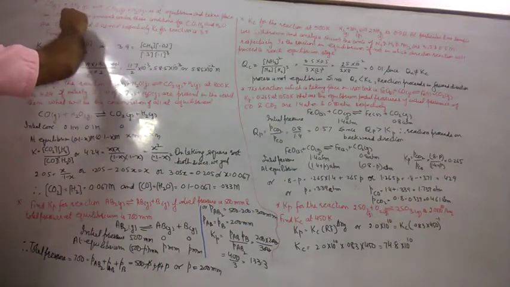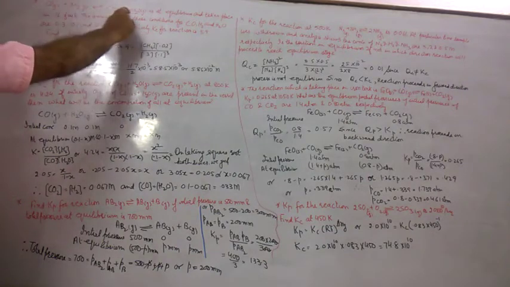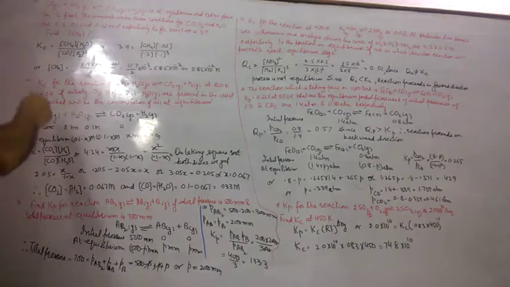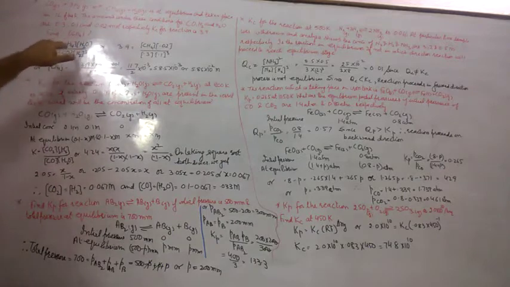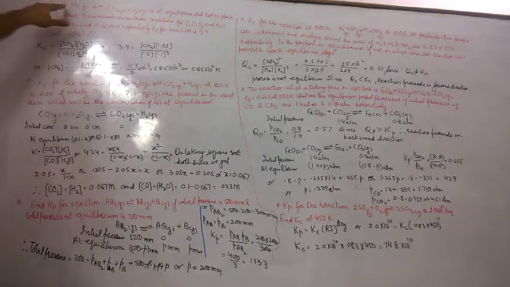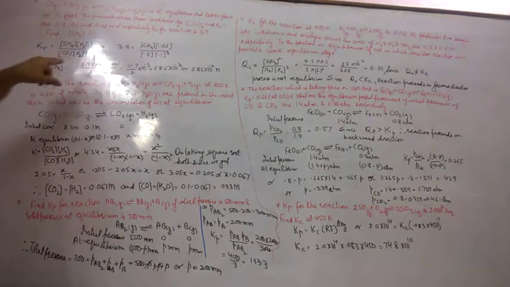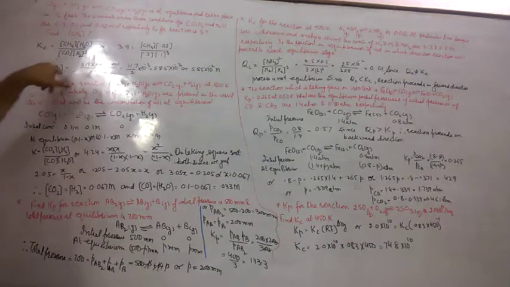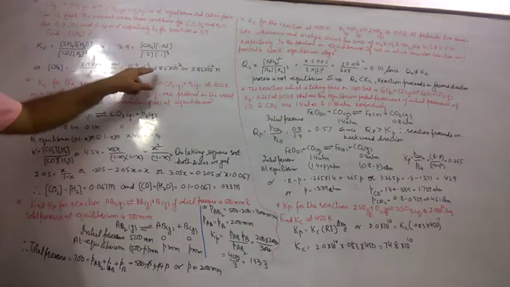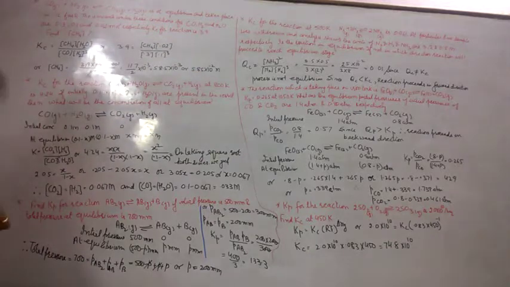You are provided with the concentrations of CO, H2 and H2O, and you have to find out CH4. We will simply apply the formula: Kc is the product of concentrations of products to the product of concentrations of reactants, raised to the power of their respective coefficients in the equation. On putting the values, we get this, and ultimately the value comes out to this. Now 58.5, on shifting the decimal place by one, you get this value. Very simple numerical.